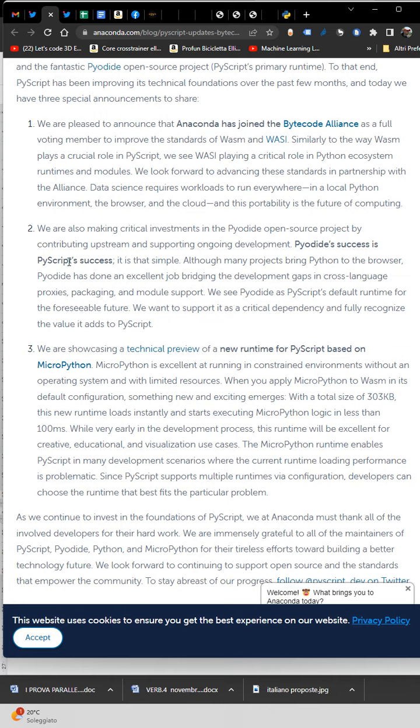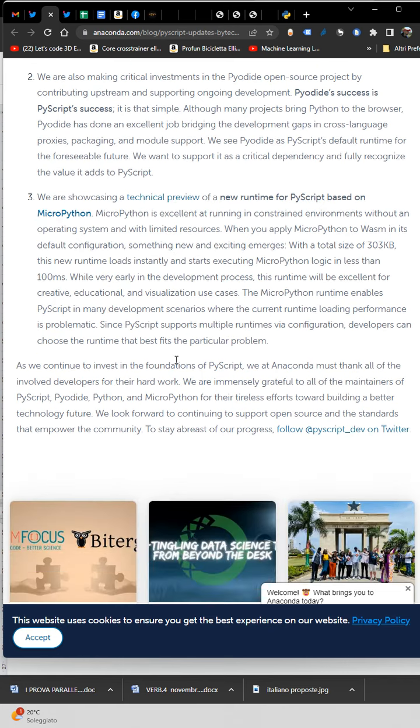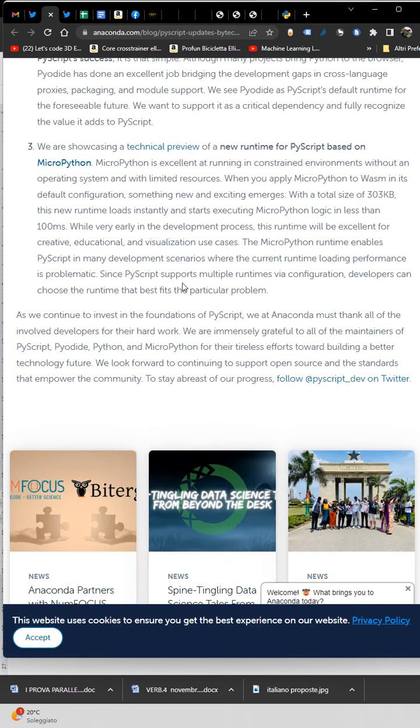Then we see that they are continuing to work with Pyodide, and this is very important for the Pyscript project. And then we have also a collaboration with MicroPython, and so we can read that we could use